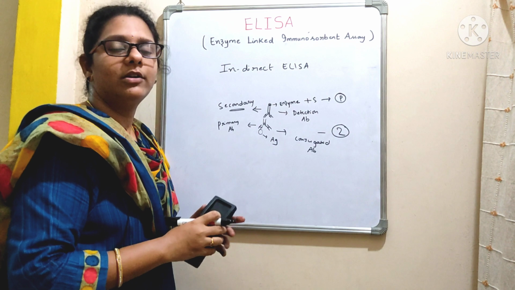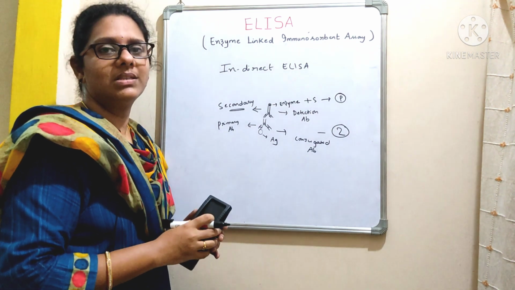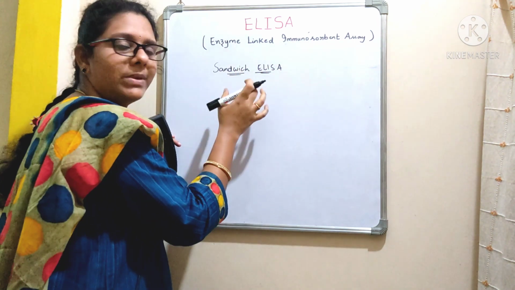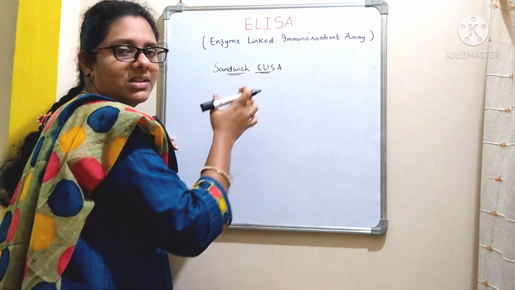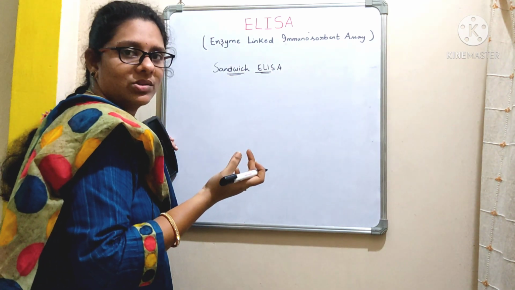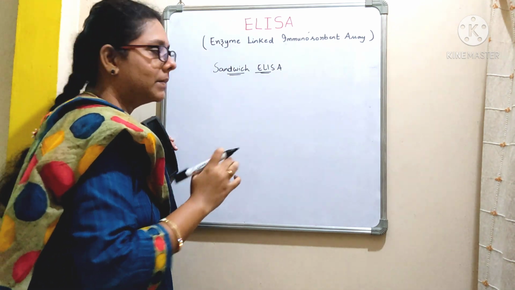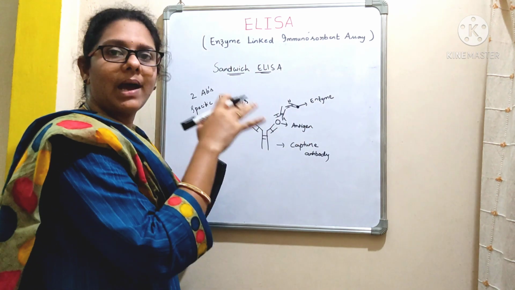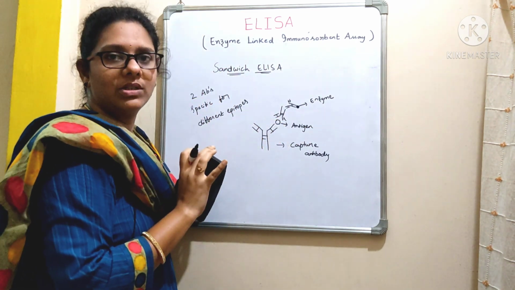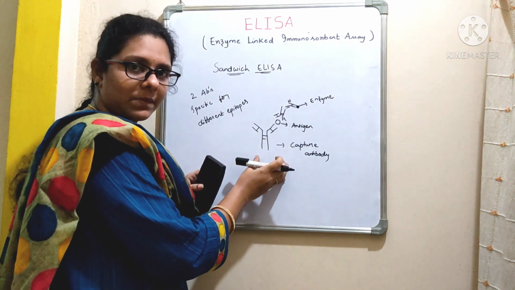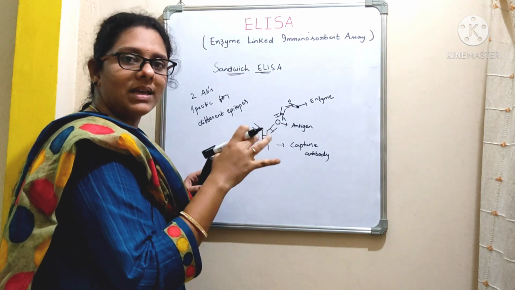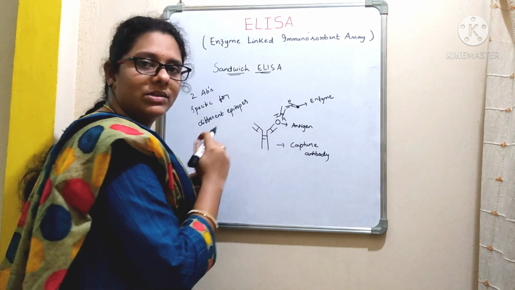Coming to the third method of ELISA, that is sandwich ELISA, which is the most commonly used format. Here the name itself suggests sandwich ELISA. You all know how we prepare a sandwich, right? So it resembles the same. Just look into the picture, you can easily make out what exactly happens with this format of sandwich ELISA. Here this is the capture antibody. The use of capture antibodies is to immobilize the antigen, right? So this is the antigen.